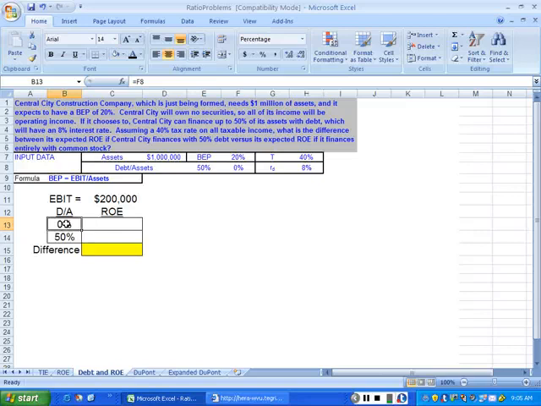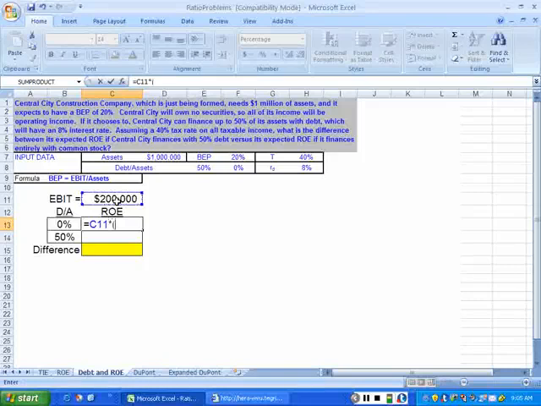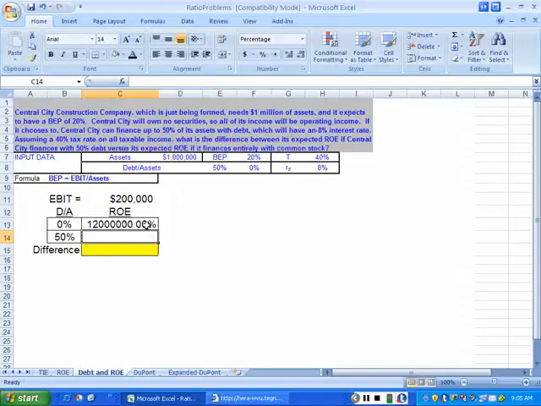Now, in the case of 0% debt financing, we're going to have EBIT and we're going to subtract off nothing for an interest expense. If there's no debt, there's no interest expense. So the EBIT figure also represents earnings before tax. So to come up with the net income, we're going to take this 200,000 figure, which is the earnings before taxes, multiply it by 1 minus the tax rate, and we've got a tax rate here of 40%. Let me put that in dollar terms, excuse me. So you've got $120,000 as your net income in that case,